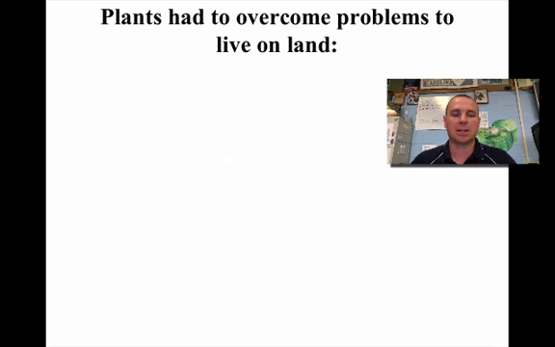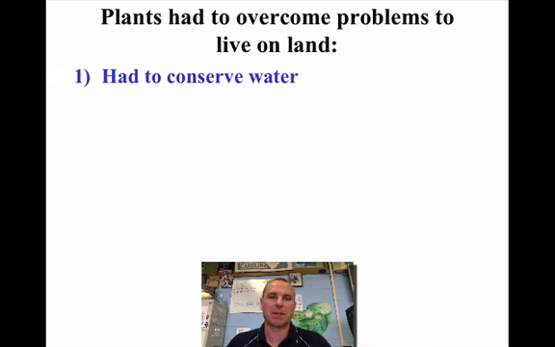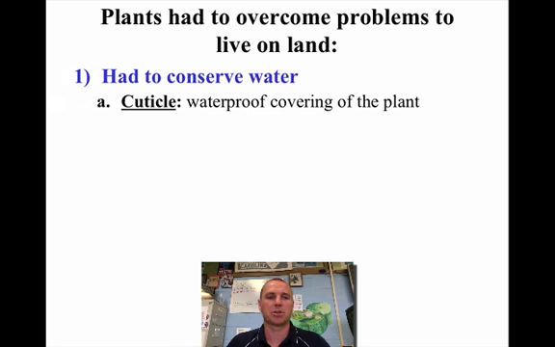And the next thing is that if we believe that all life began in the oceans by the primordial soup theory, then plants had to learn how to move to land. They had to overcome some problems. Now the obvious problem is they had to learn how to live without a constant supply of water. So the first thing that plants had to learn how to overcome was how to conserve water, and they did